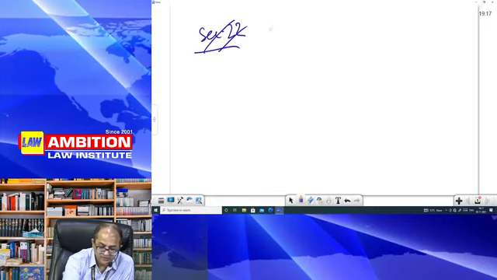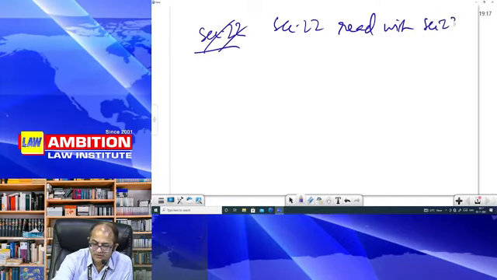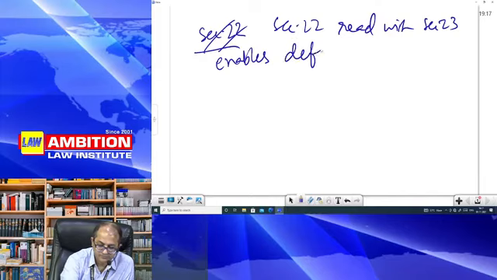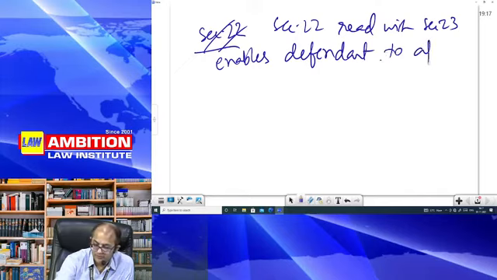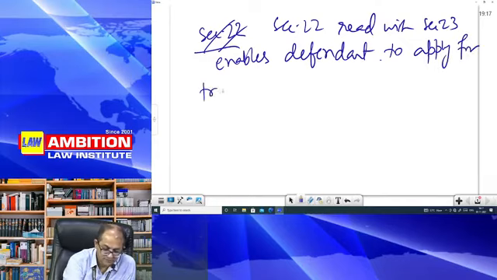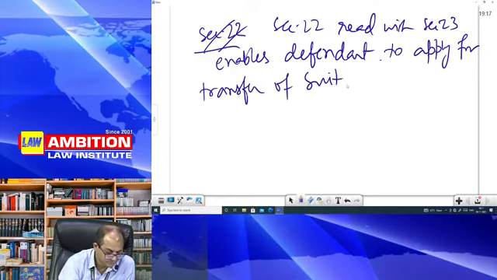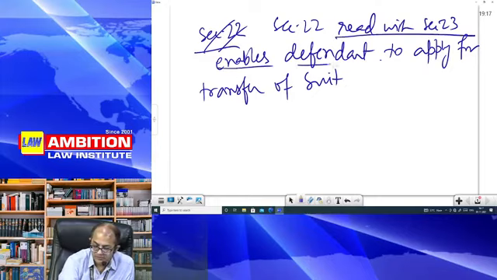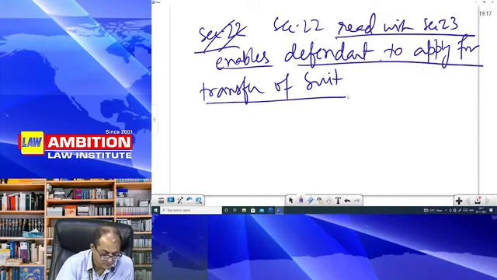Section 22, you can write down a little bit, read with section 23, enables the defendant to apply for transfer of suit,